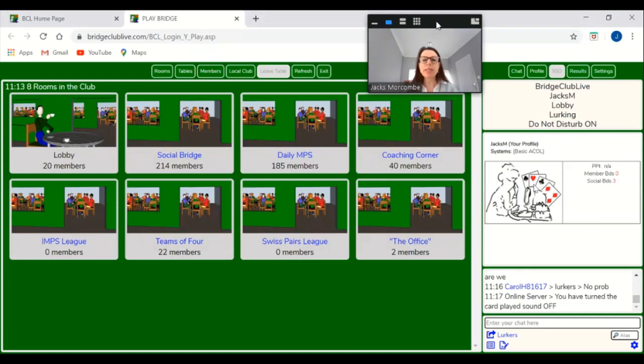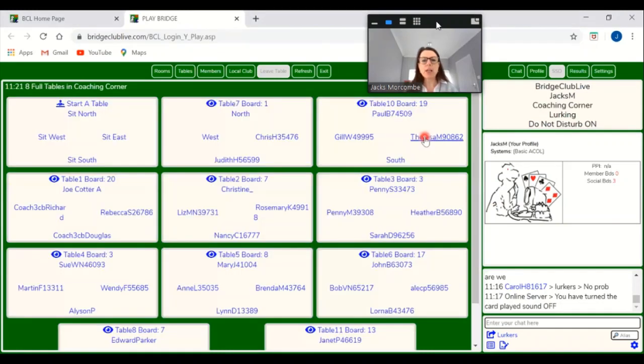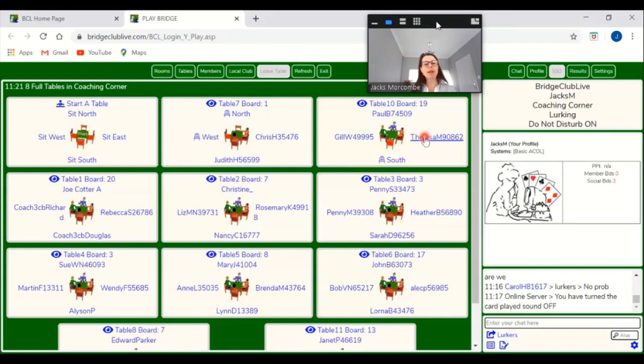So I think it's time to enter the room. If I click on the coaching corner, there I am. It's highly populated and busy this morning. They've just released their new 24 boards, and I have the ability to join a table. Say I had a table in here that was populated by my students. So if we look at table 1